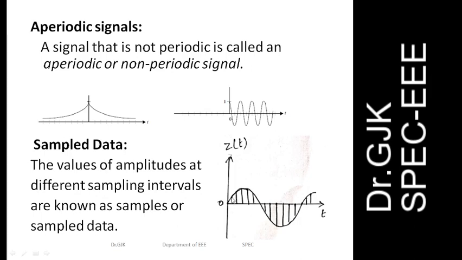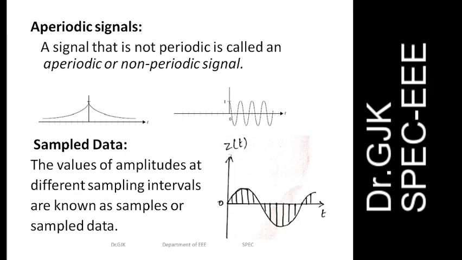So that is called a sample at t1. Next, here the magnitude is measured. Let's suppose this is t2. Sample at t2. Let's suppose its magnitude is x2. So at t1, its sample value is x1. At t2, the sample value is x2. At t3, the sample value is x3. Like that, at different intervals, sample values are measured, and these will be represented as pulses. This is known as sampled pulses, sampled data.